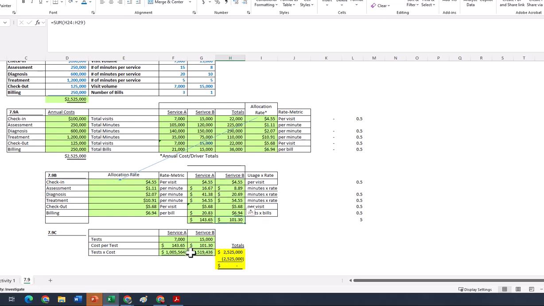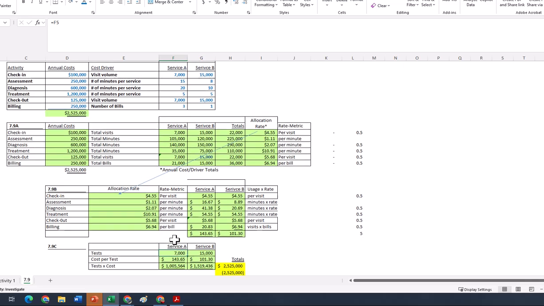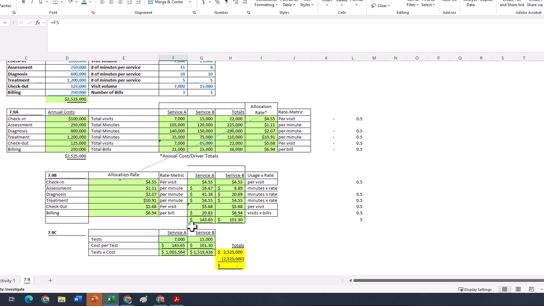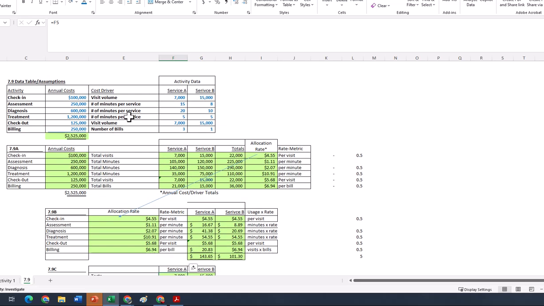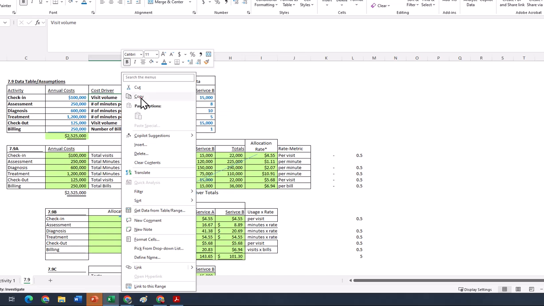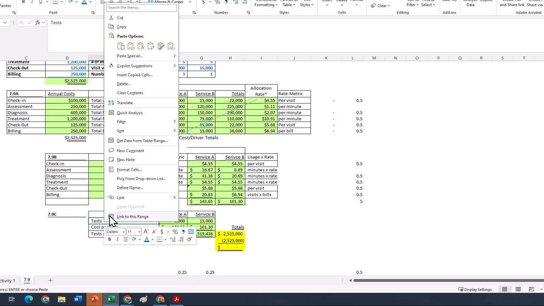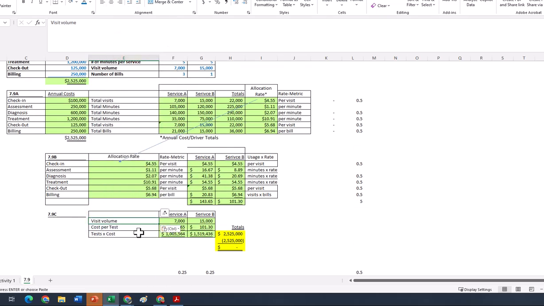Now we want to check our work. We take our number of tests or service. I'll just say visit volume. And we take our